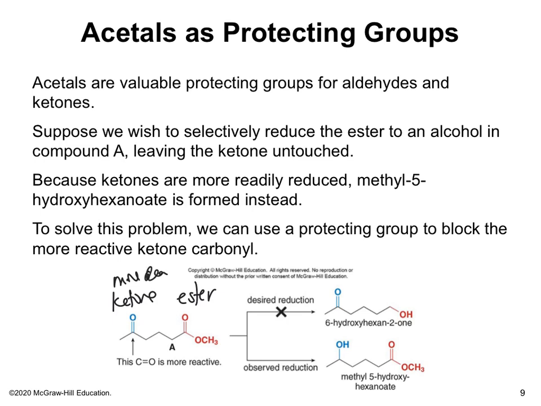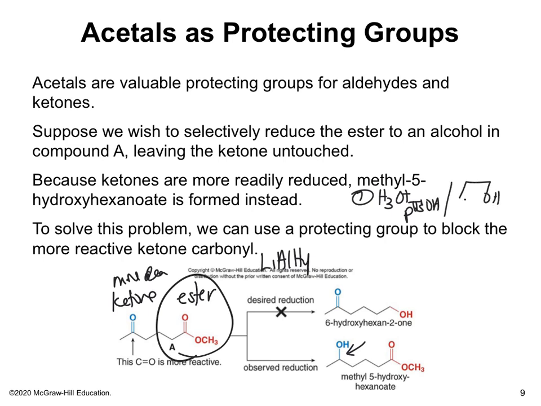So if you want to do reduction of an ester, which you know to do lithium aluminum hydride would be that reagent here, you would have to protect the ketone. Otherwise, you're going to get reduction of the ketone to the secondary alcohol. So to do that, then you can first add acid. It can be para-toluene sulfonic acid or just H3O plus, and then some kind of alcohol. A lot of times we just do the ethylene glycol. That would protect this